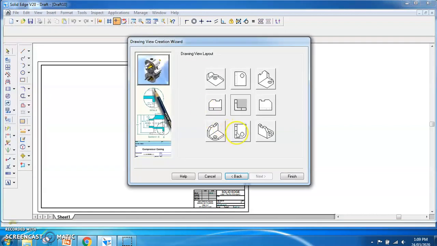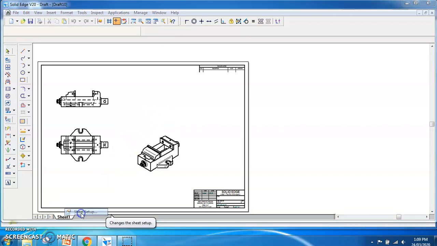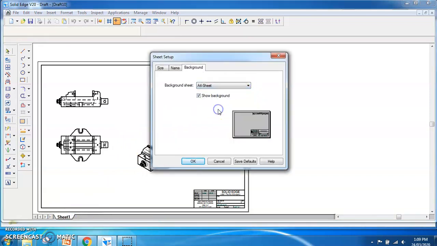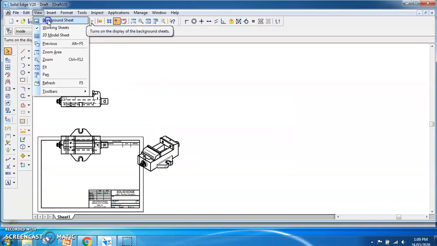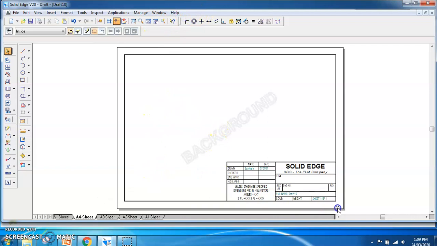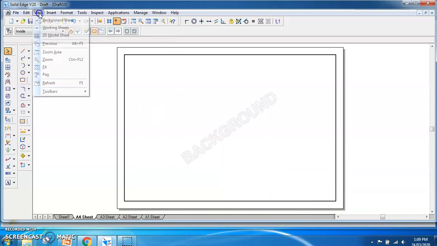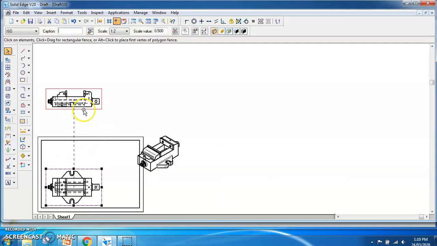Just close this, select the top view, select one of the assembled 3D views and finish it. Place it on the planes. You have got it like this. Now go to sheet 1, sheet setup, make it an A4 sheet, click OK, go to view, background sheet, click on the A4 sheet, remove this background, delete this, again go to view, uncheck background, get the things properly fit on the paper,